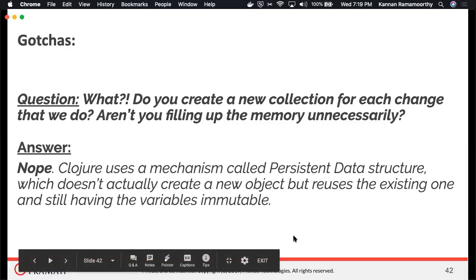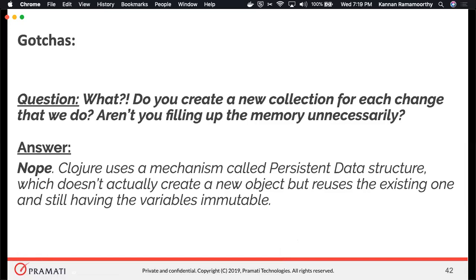Maybe you can compare it with what we have in Git. We have Git commits, right? For each commit, we'll be just tracking the changes. So you can do a Git checkout, go to a commit, and see the whole source code. It doesn't mean each commit contains the complete source code of all the files. For each commit, we just track the changes, but it is possible for you to go to a commit and see the whole source.